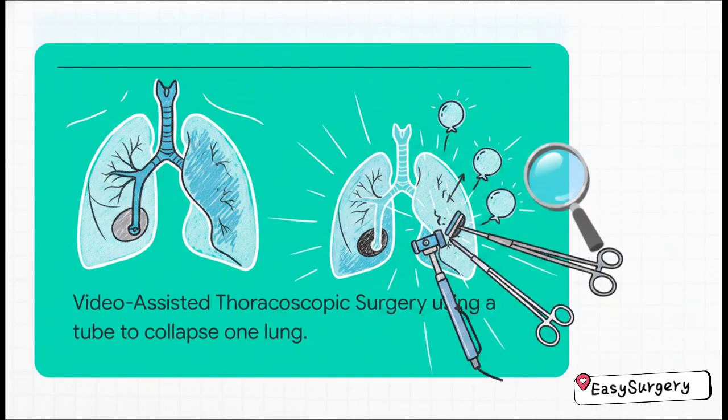So what happens when conservative management fails? Or if that pilot we just mentioned needs to make absolutely sure this never happens again? We turn to VATS. That's video-assisted thoracoscopic surgery, and it is an absolute game changer. Unlike abdominal laparoscopy, we don't pump the chest full of air to see what we're doing. Instead, we use a double-lumen endotracheal tube. This is a brilliant workaround that lets us ventilate one lung while deliberately collapsing the operative lung. Bam, instant working space. It lets us get right in there, repair the air leaks, and snip out those dangerous